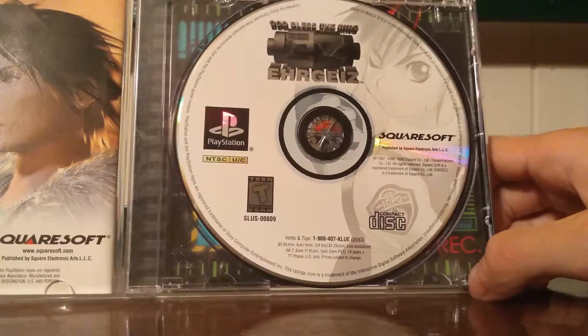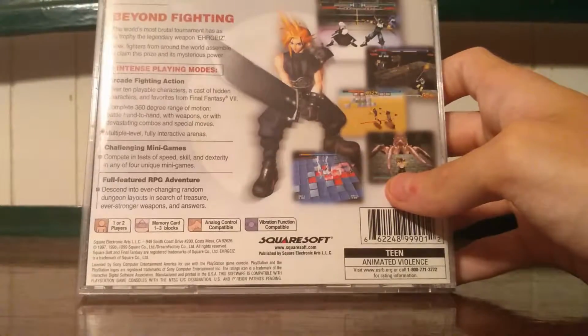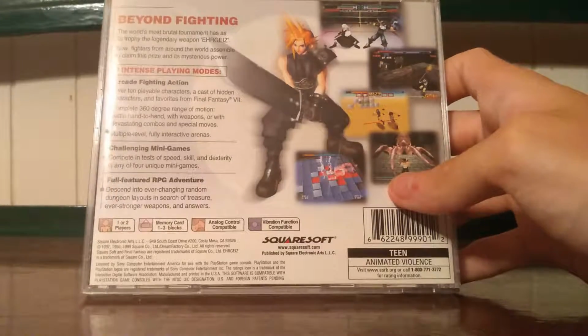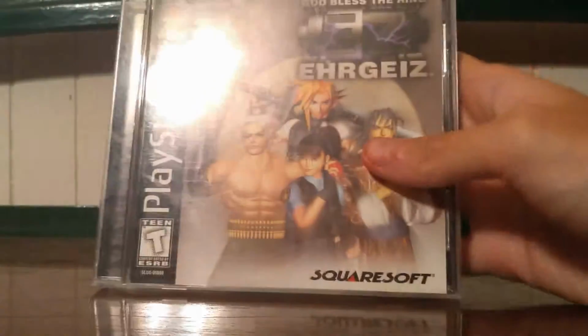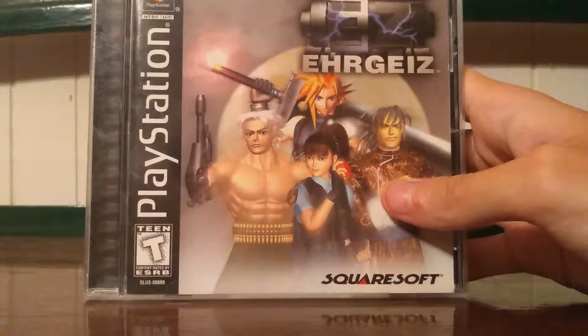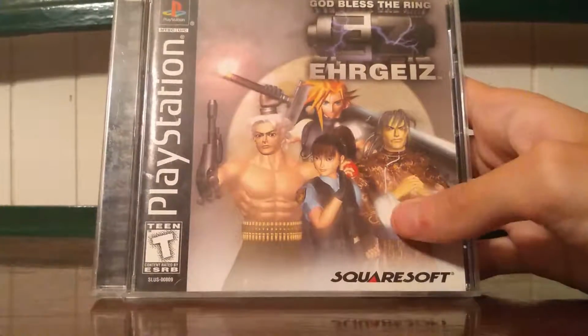It was pretty unusual, to say the least, because it had a role-playing system inside its standard arcade fighting style. So it makes a little bit of an interesting experience, but I never really gave it too big a chance. I really should try it at some point in time to give it a little more variety, but right now it's not too big on the priority list, but probably the real big thing going for it is that it